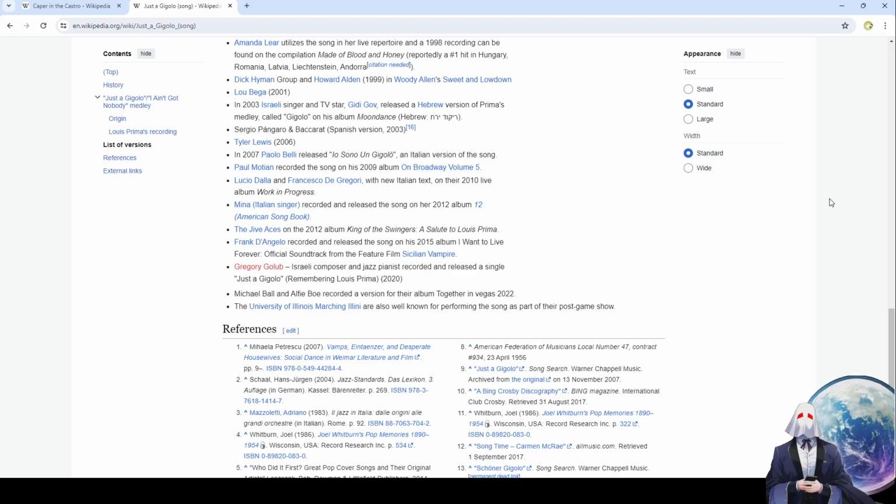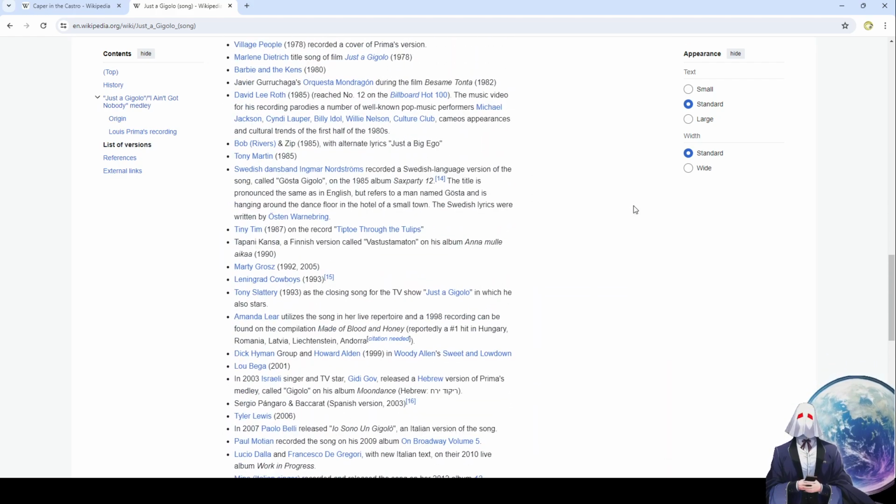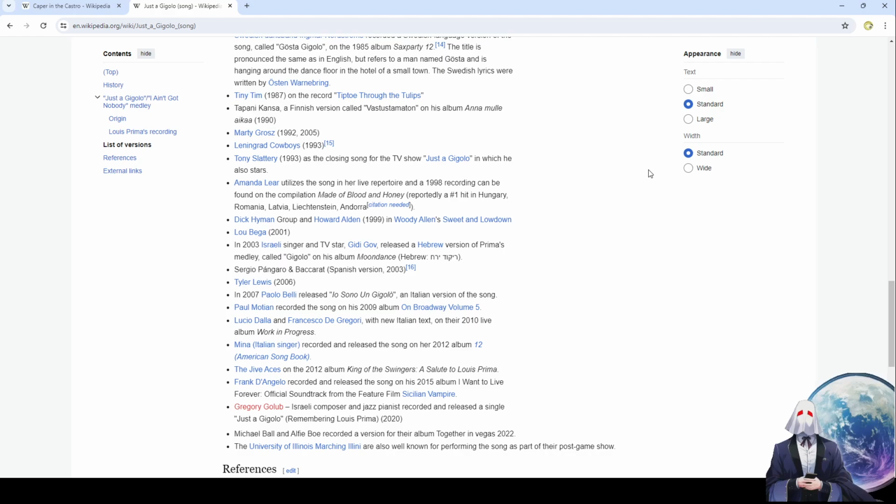Oh, he played the Gigolo in the movie. Okay. I see now. It always strikes me as odd when there's a movie that has David Bowie in it and a famous song, and he's not the one who sang the song. I can't think of too many other examples, but it's just weird to see that.